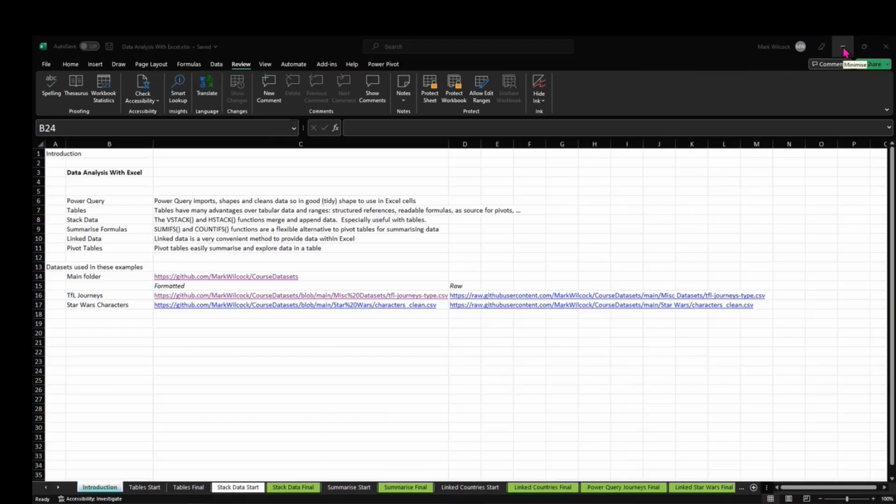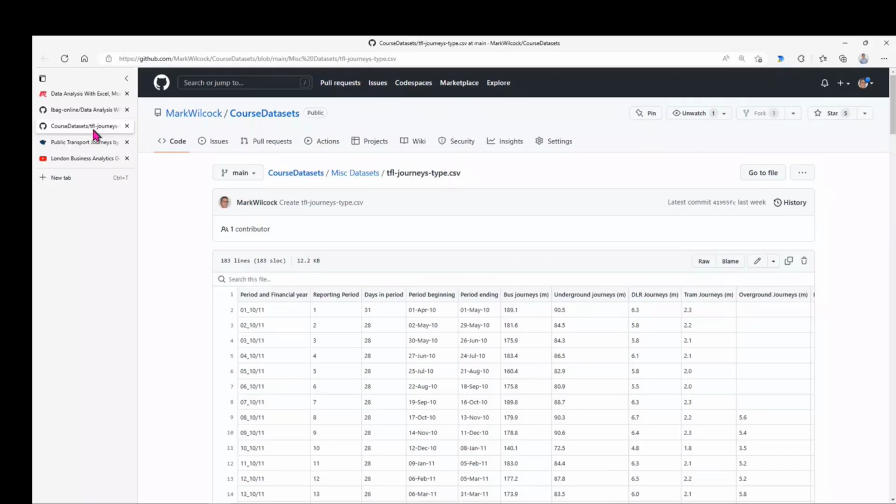This is a spreadsheet, and I'm making the spreadsheet available. It's got all the demos in it. This is data, again, from the website. It's actually originally data from Transport for London. What it tells us is, over the last 10 years or so, for each of different types of journeys, bus,